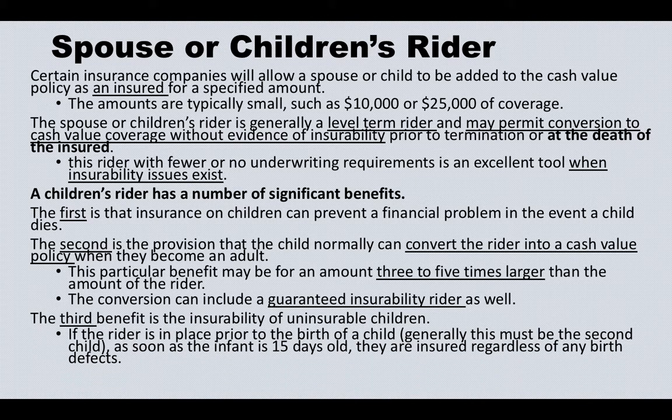The third benefit is the insurability of an otherwise uninsurable child, if the rider is in place prior to the birth of the child. Generally, this must be a second child, as soon as the infant is 15 days